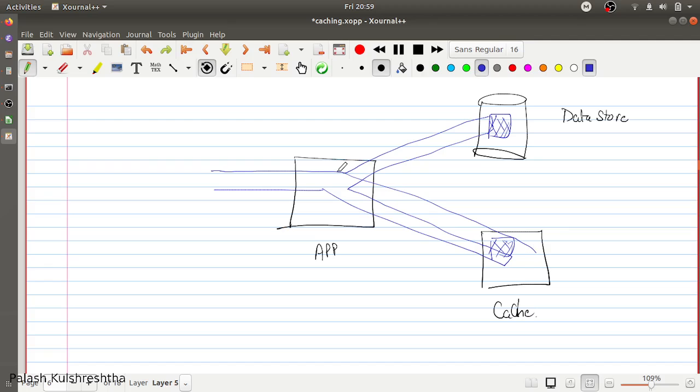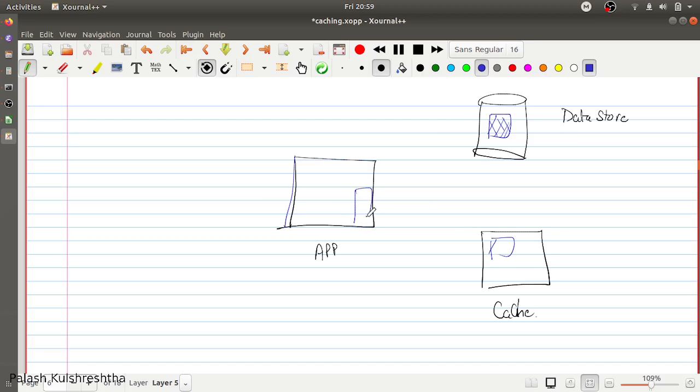But another thing that you can do is, during application startup, you can write a small script, some code that can retrieve this data and store it in the cache before application startup. So this is called cache priming.